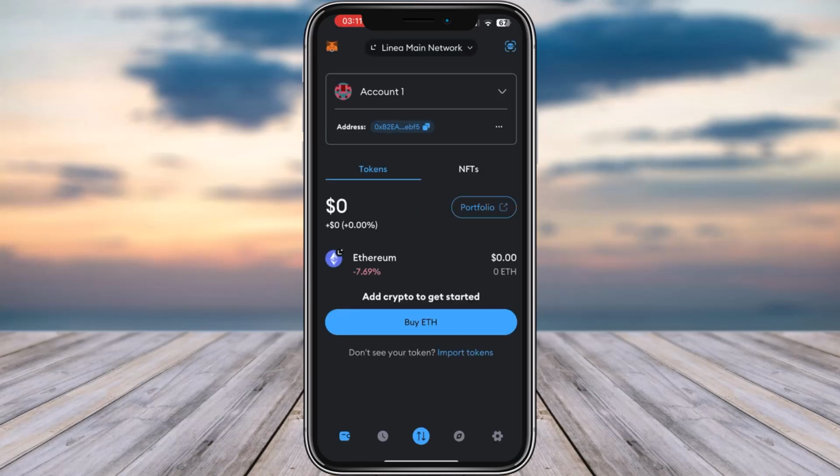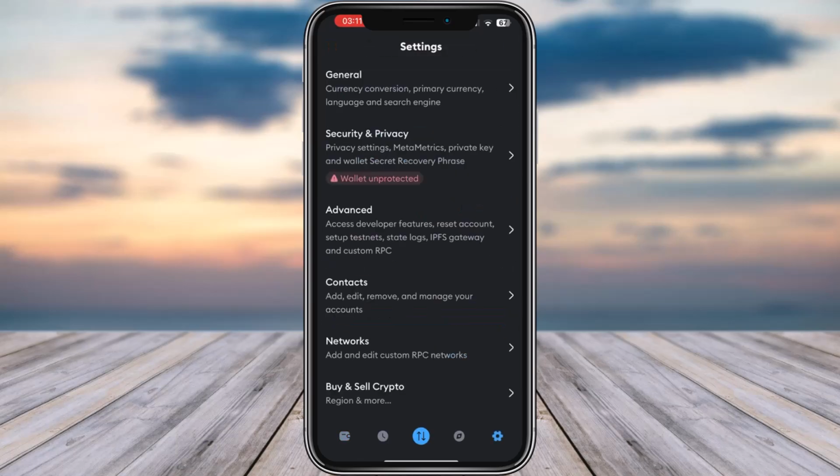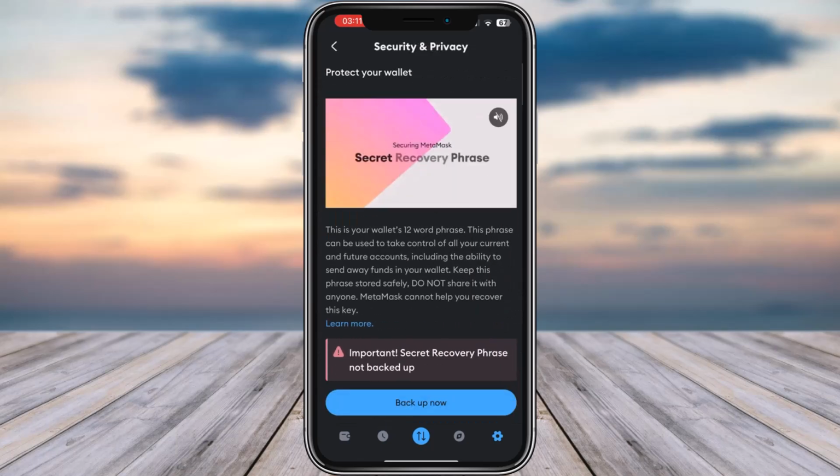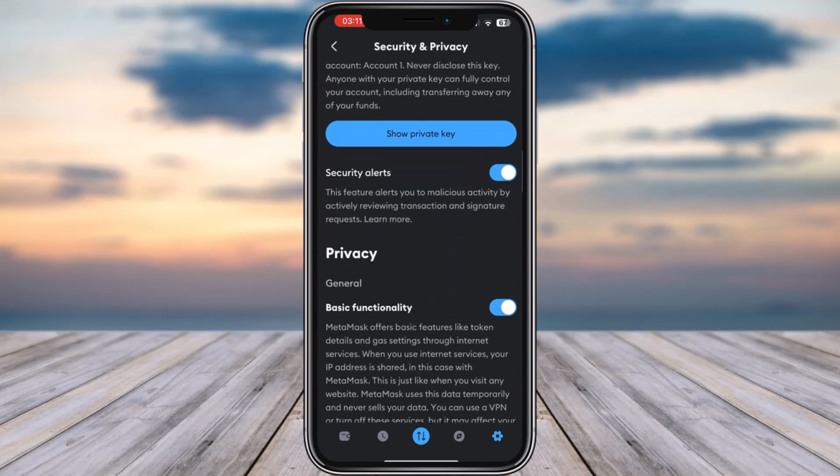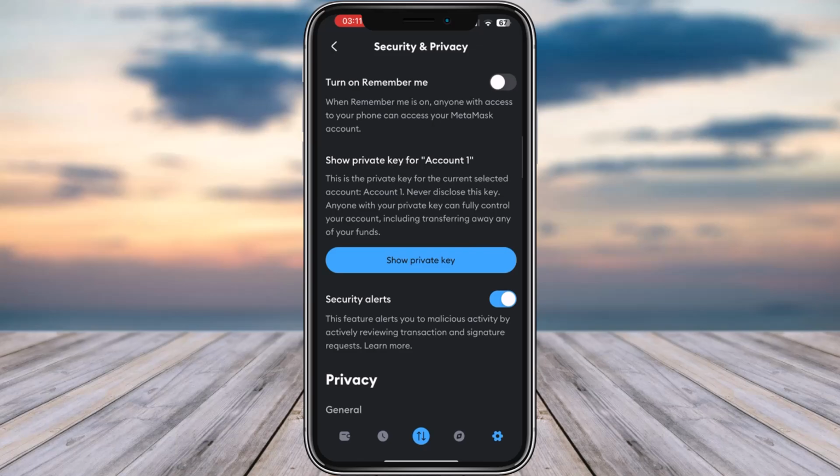So for that, all you gotta do is simply open up your MetaMask app on your phone and then sign in. Right afterwards, tap on the secure icon at the bottom right. Tap on this option of security and privacy. From over here, simply scroll down a bit and you're going to find this option of show private key for